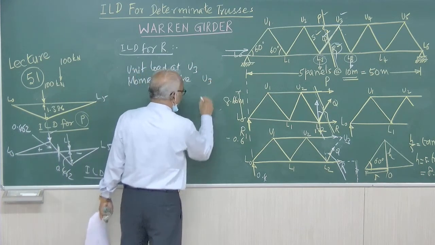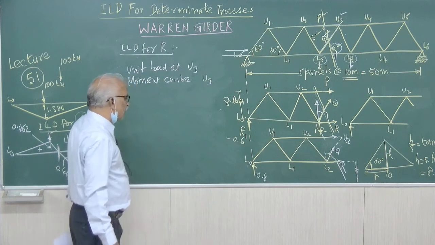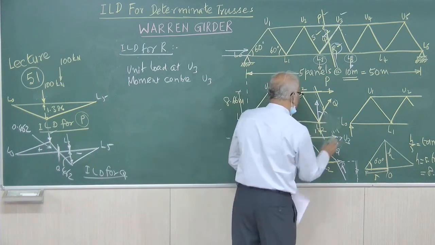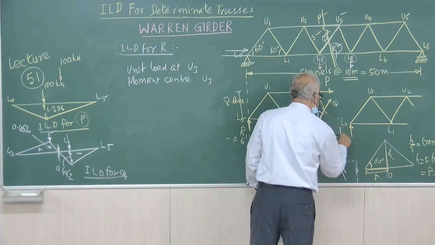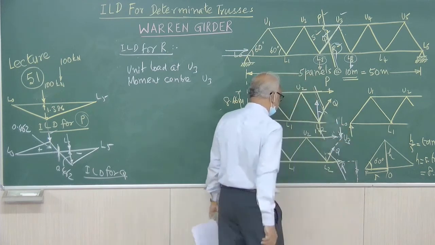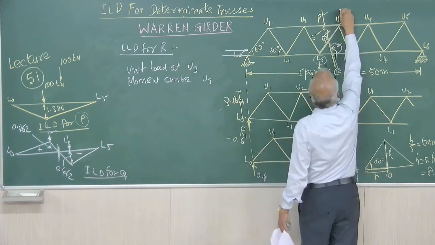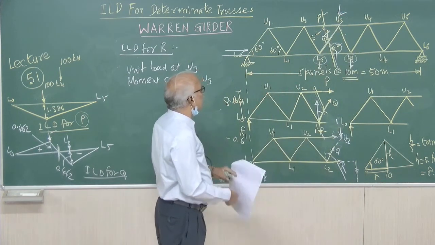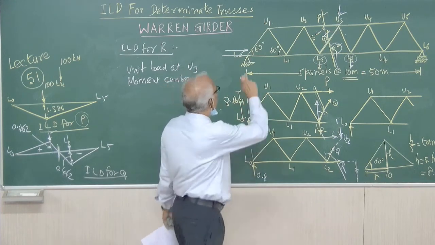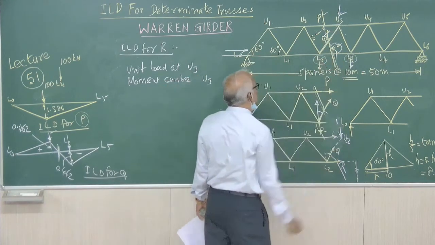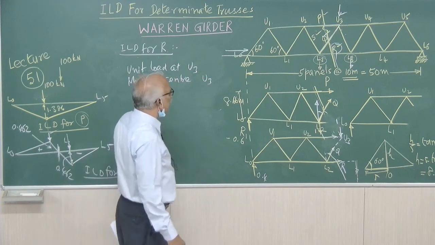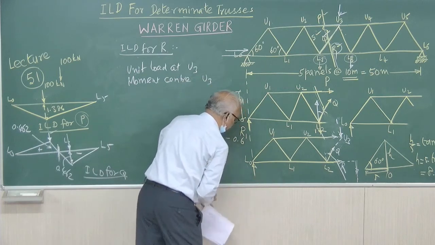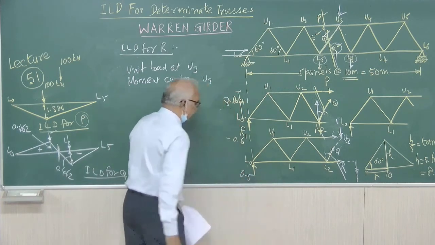is also U3. Right. Now, when we apply the unit force at U3, namely here, unit force at U3 is this point. U3 is the midspan actually. Midspan. So 10 plus 10 plus 5, 25. So when you apply the unit force at U3, the reaction here will be 0.5 because we applied the unit force at the midspan. 0.5.